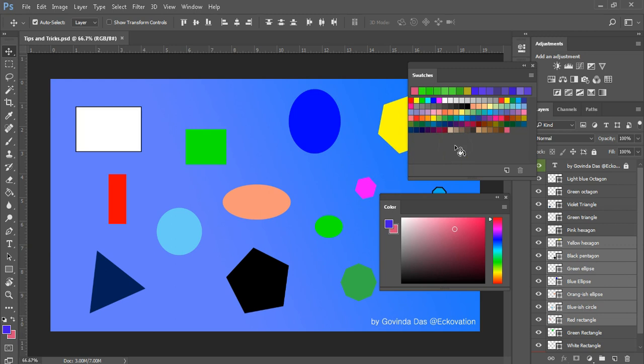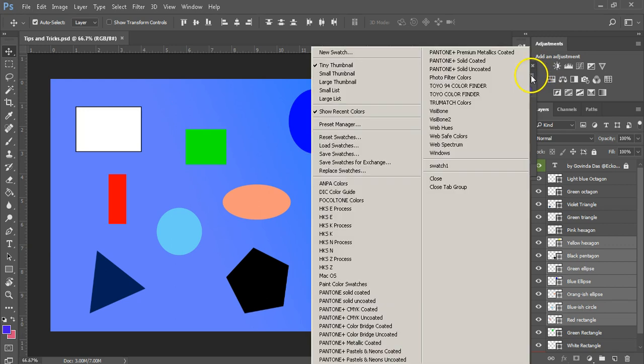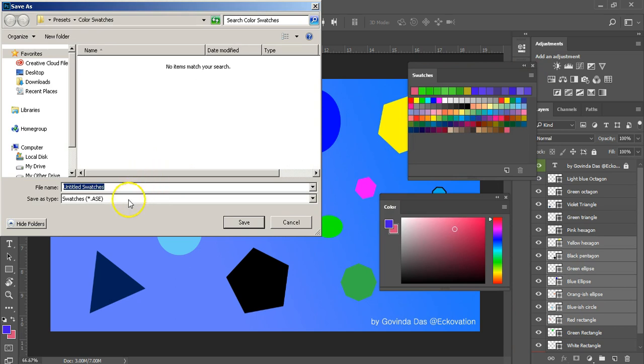But with so many different designing tools, there comes a time you may want to use your current swatches in programs other than Photoshop, like Adobe Illustrator or Adobe InDesign. What then? Well, you can use the saved swatches files there as well. All you have to do is save the swatches a little differently. Click on the option menu of the swatches panel and click on Save Swatches for Exchange. This will save the swatches in a different format, which will be usable across other programs in Adobe's Creative Cloud.